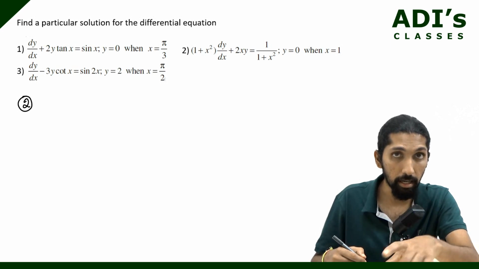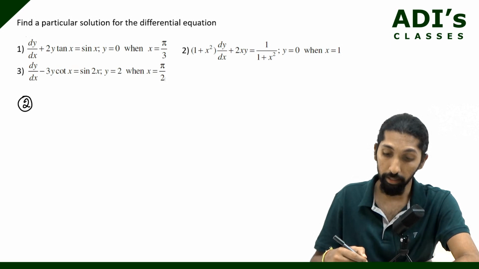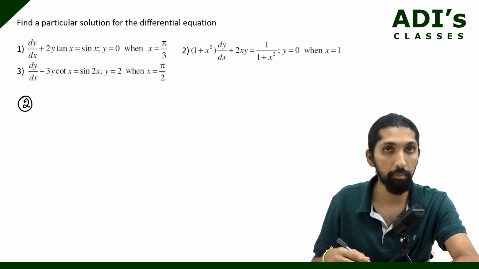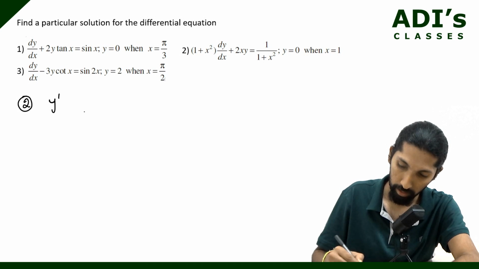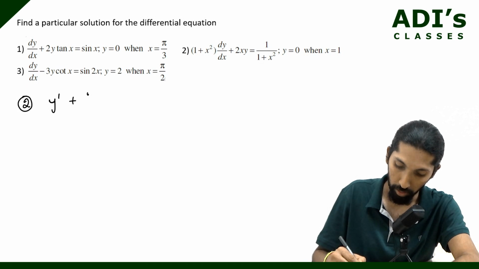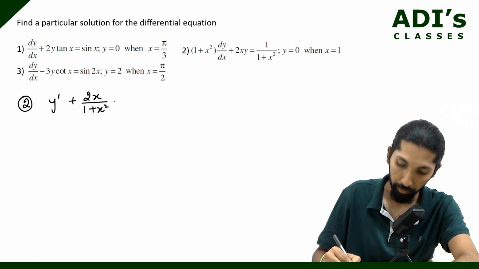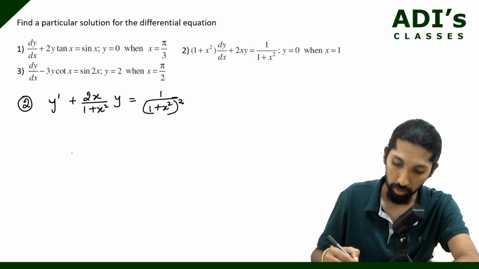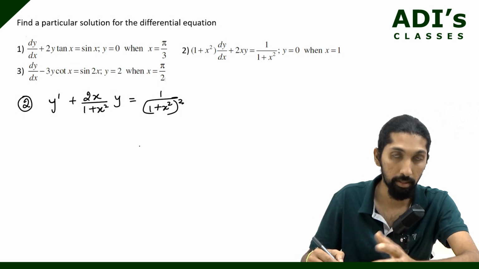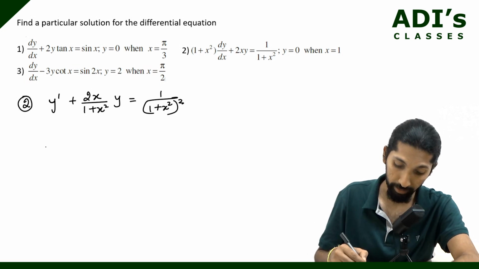First, get it in the standard form. That is, divide the entire thing by 1 plus x square. So you get y dash plus 2x by 1 plus x square into y is equal to 1 by 1 plus x square whole square. Correct? Very simple. Now integrating factor, e to the power